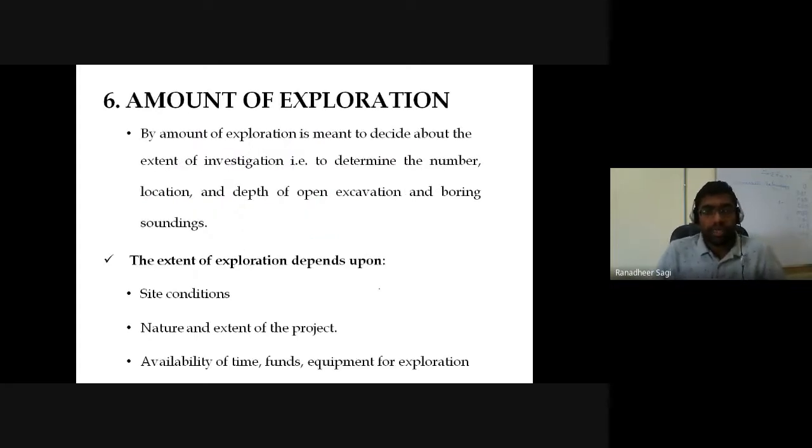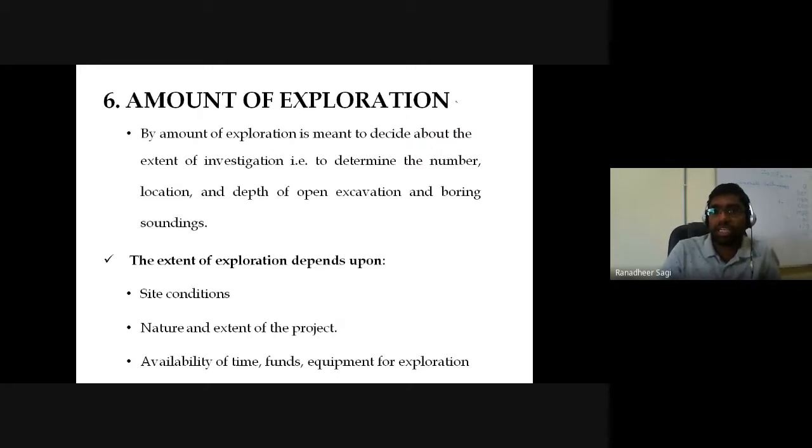Next, moving on to understand how much exploration we are required to carry out in the ground to have a clear picture of the condition of the soil there. Amount of exploration in the sense, what should be the depth to which I should extend my borehole. What is meant by exploration? Exploration means you are trying to understand the condition of the ground.